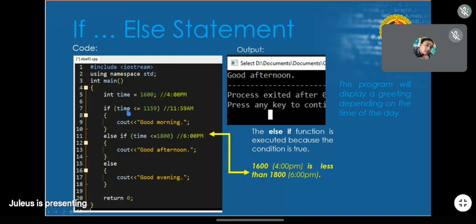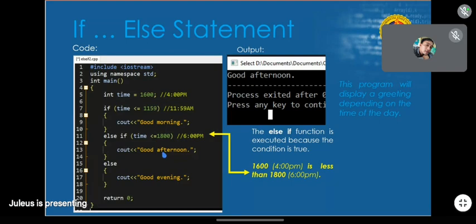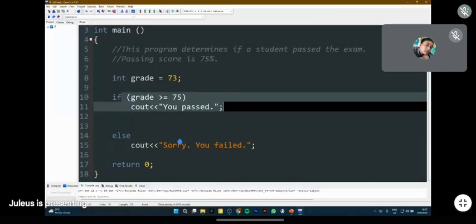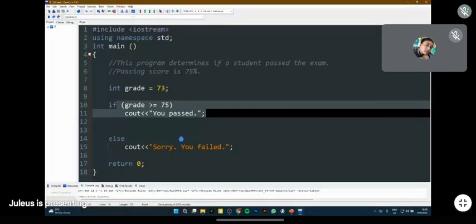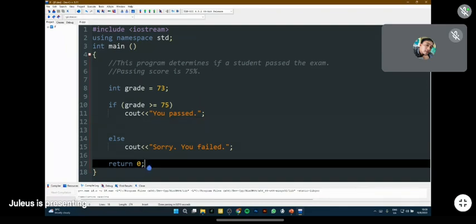All right, so take note of the conditions that we're going to set. So this is where analysis comes in. You should know how to analyze how you create the conditions so that the program will be able to execute the proper output that you want. Okay, so again, we're going to create a program. If you want to take a screenshot of this code, take a screenshot now. And okay, if you're done, I'm going to erase it all.